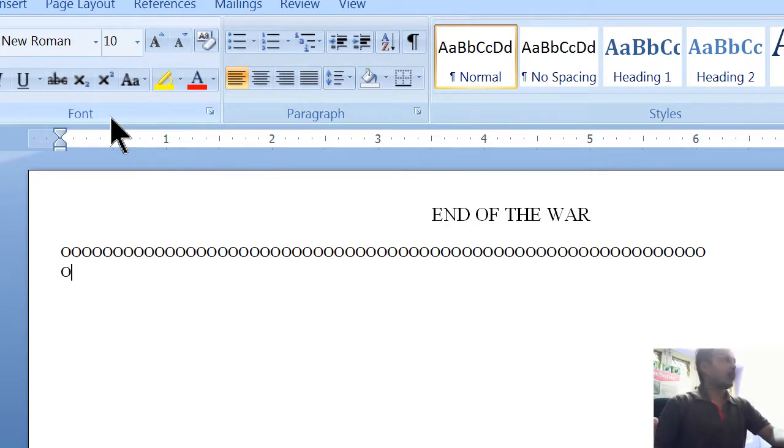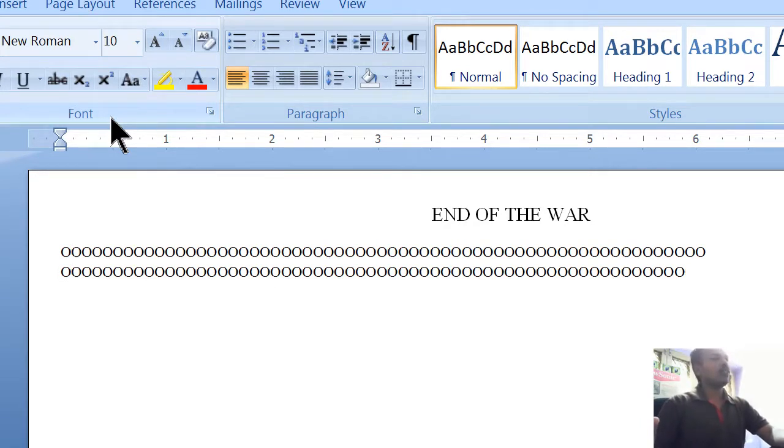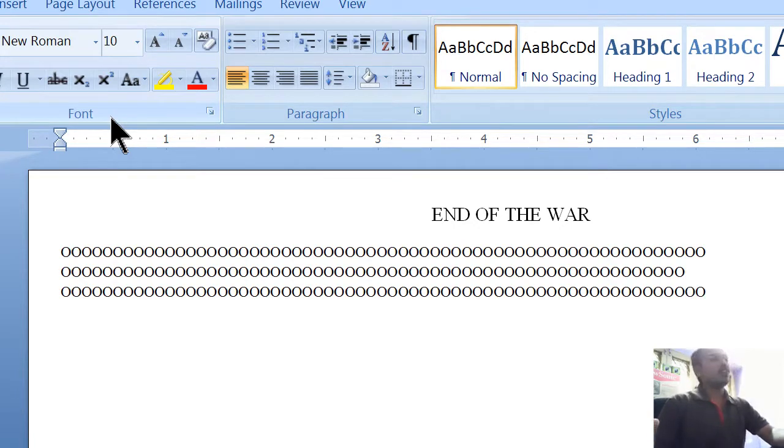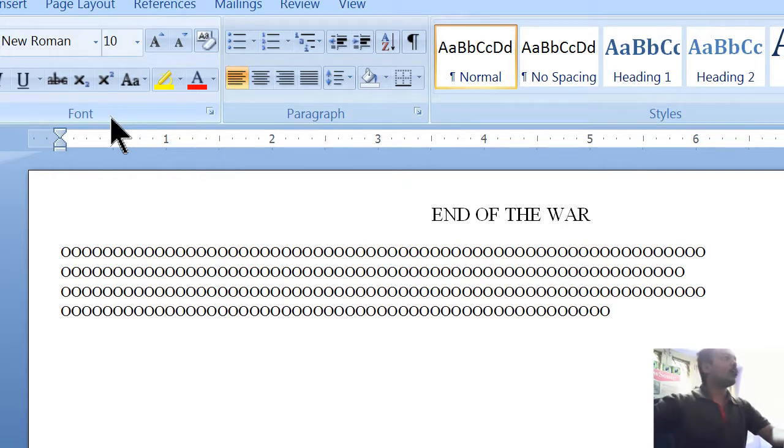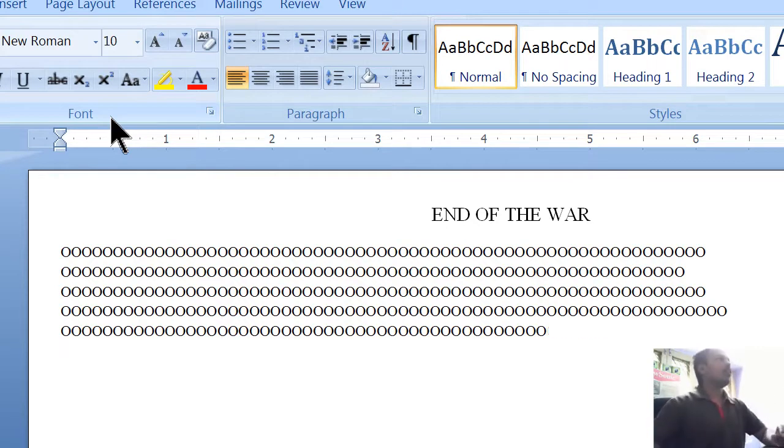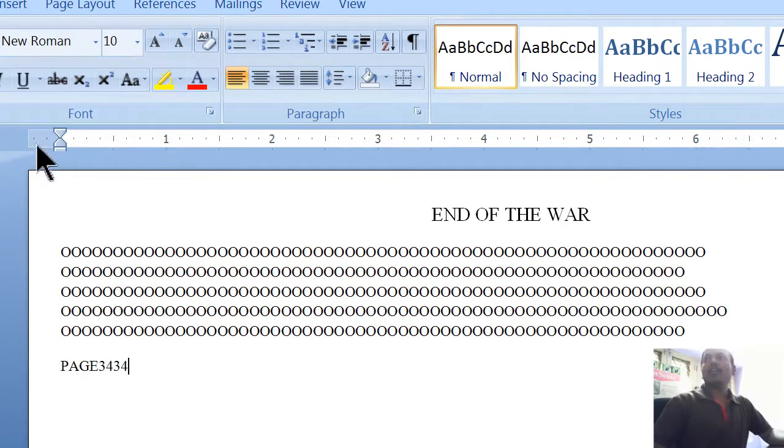Data may not be clear? No, 100% data will be in readable format only. Though the data which is not visible for you, you are not responsible for that one. Okay? So 100% data will be readable. Like this you have to perform. Data is over, apply one enter, type the page number like this, over. If it is single page number, again click on left indentation, drag and drop like this, over.